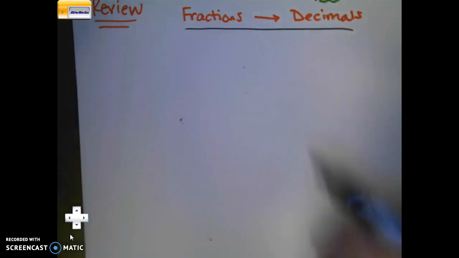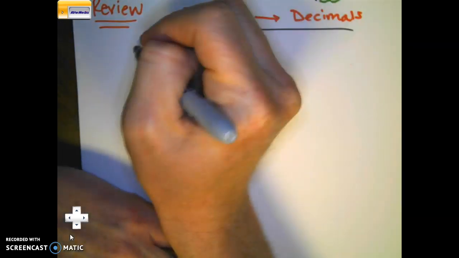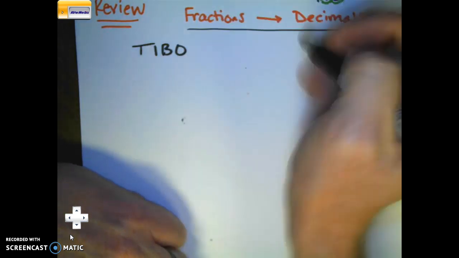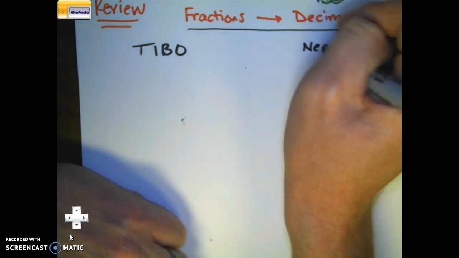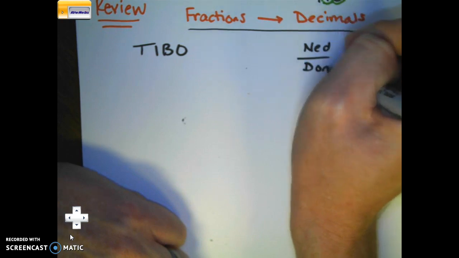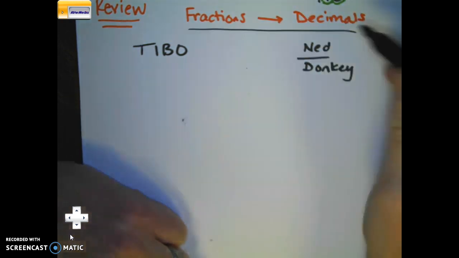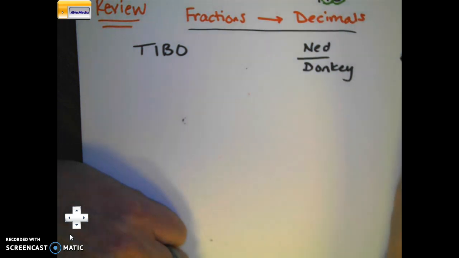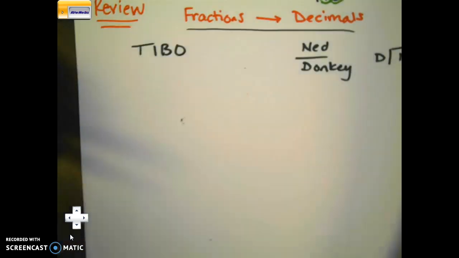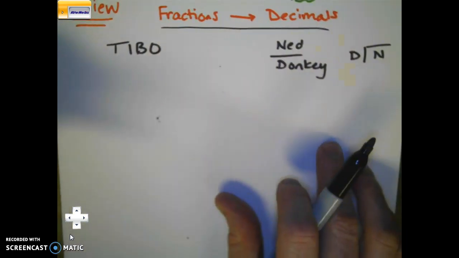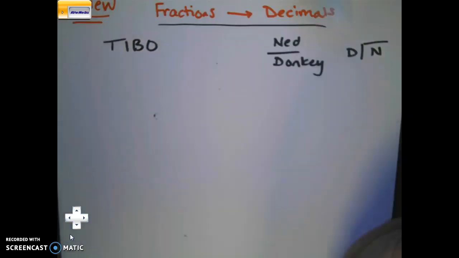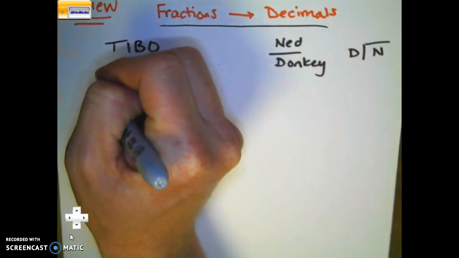Okay, next I'm going to go ahead and review the fraction to decimal. Remember, you can do it 2 ways. You can say T-bow, top in, bottom out, or you can talk about Ned and donkey. Ned meaning the numerator, donkey the denominator, and at the end of the night when they go to sleep, who sleeps inside the house? Ned sleeps inside, donkey stays outside. It doesn't matter what method you choose, but you need to use this method to make a fraction into a decimal. So let's take this very basic fraction,